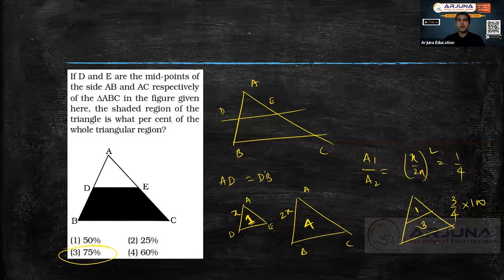So generally this mistake happens because as soon as we see this half, we consider 50%. It's not true. You need to apply the BPT theorem here. When you apply it, take care that the ratio of the areas is the square of the ratio of the sides. From that you will get 1 is to 4, that is smaller triangle to bigger triangle, but they are asking shaded region to total triangle. So the shaded region is 3/4 of the bigger triangle. Therefore it's 75%. Okay, I'll go to the next question.